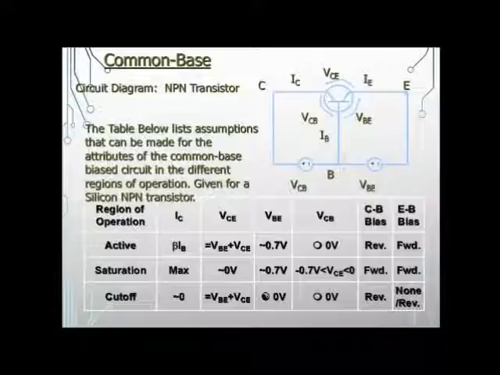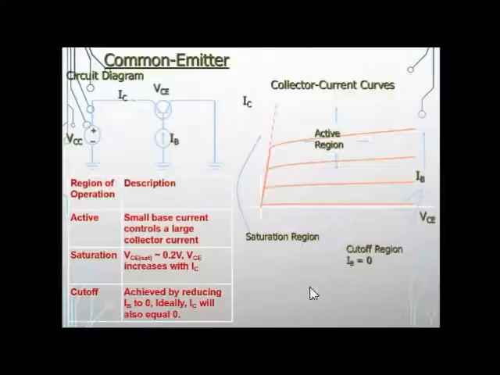This is the circuit diagram for the common base configuration. In this case, you can see the values are given. When the BJT acts in active mode, the emitter base is forward biased and the collector base is reverse biased. When it acts in the saturation mode, both are forward biased, and when it acts in the cutoff mode, both are reverse biased, and hence accordingly these values are assigned. So you can analyze them and find them.